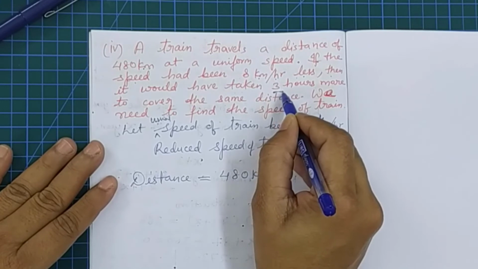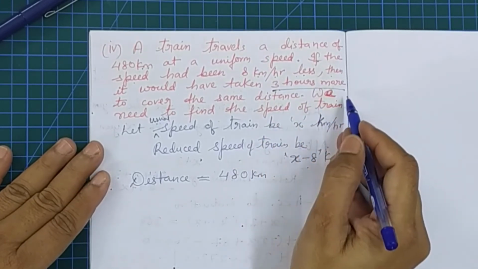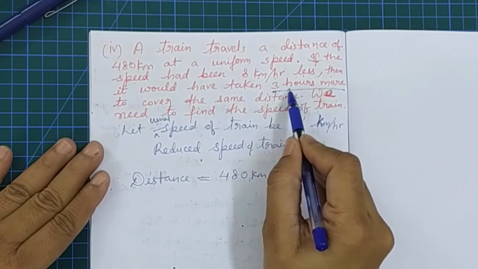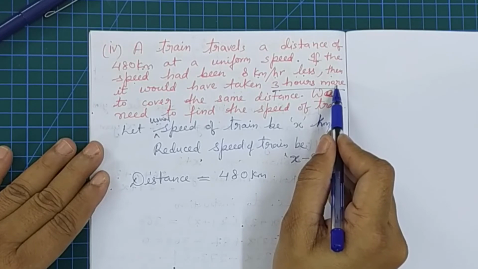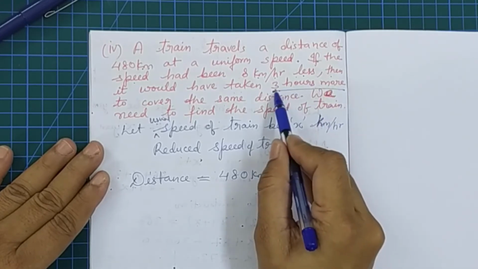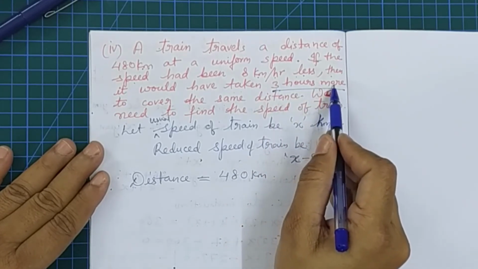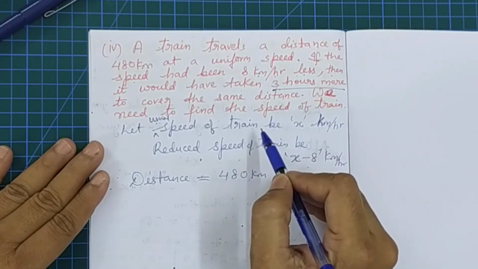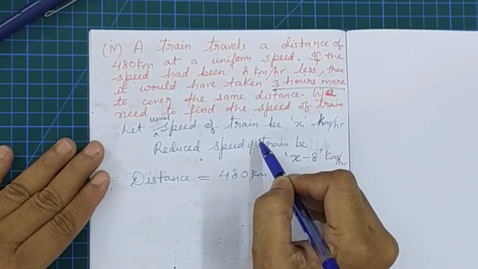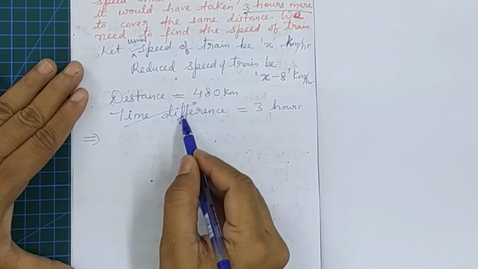So in this kind of statement problems, we have to concentrate on the time. Beside time, if we see more or less words or before, after, late, such words beside time, more or less, then this question is a time difference question, and the time difference will be our key expression from where we will get our quadratic equation that will give us our required answer. The time difference is this.